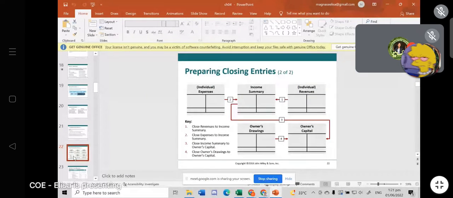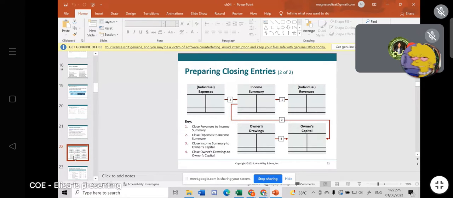Now, never mind the drawing. Let us just go to the 1, 2, 3, 4 sequence of closing. Number 1 is we close the revenues to income summary. There will always be 4 entries. Number 1 to close are the revenue accounts. Second are the expense accounts. And then the third one, whatever income or loss,